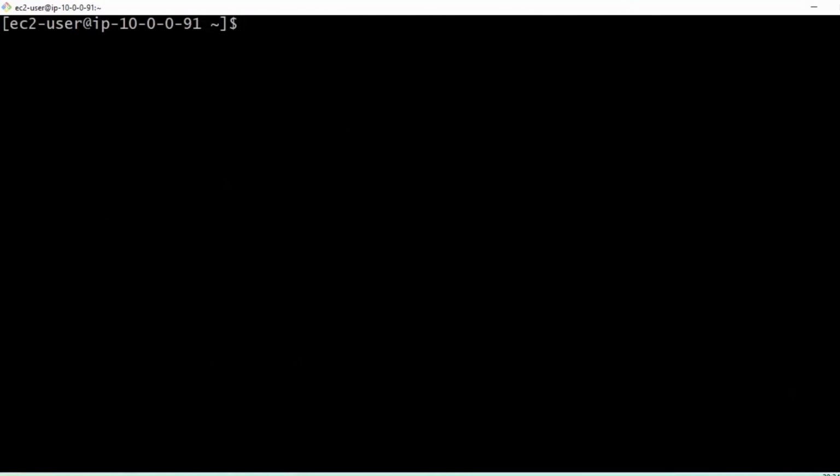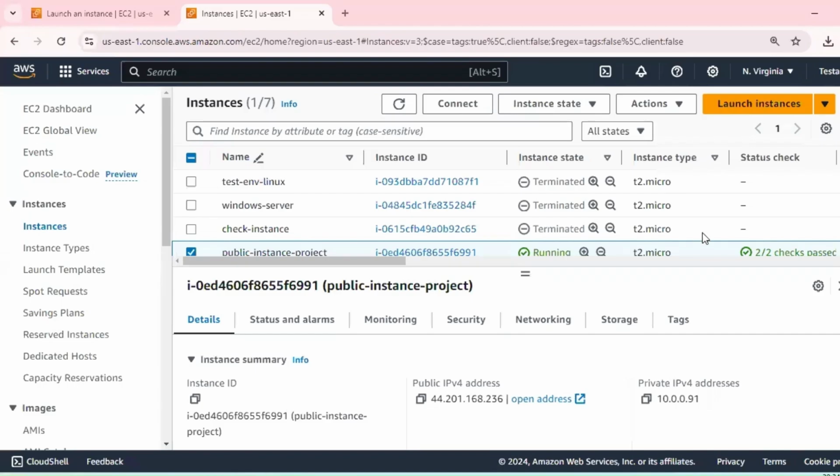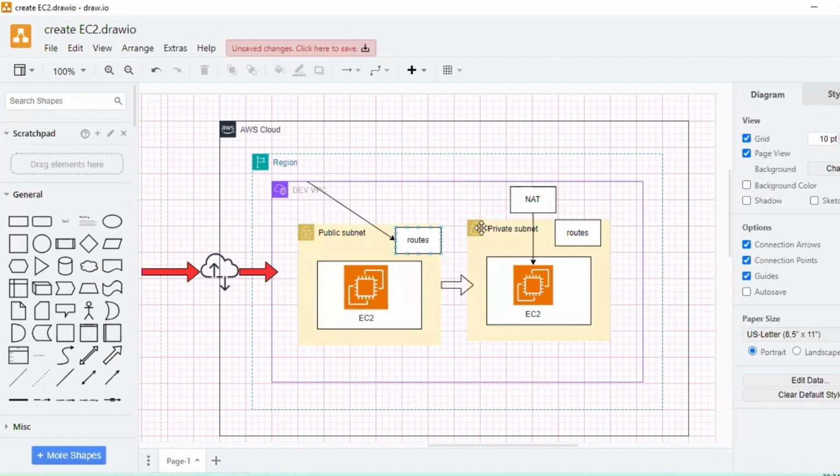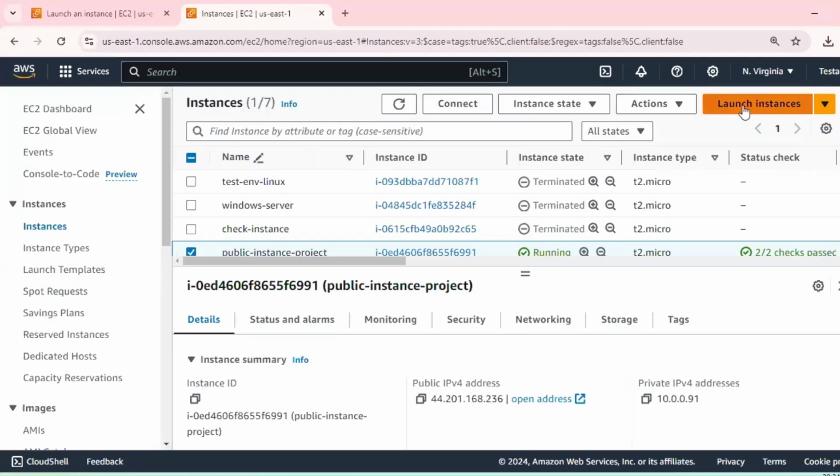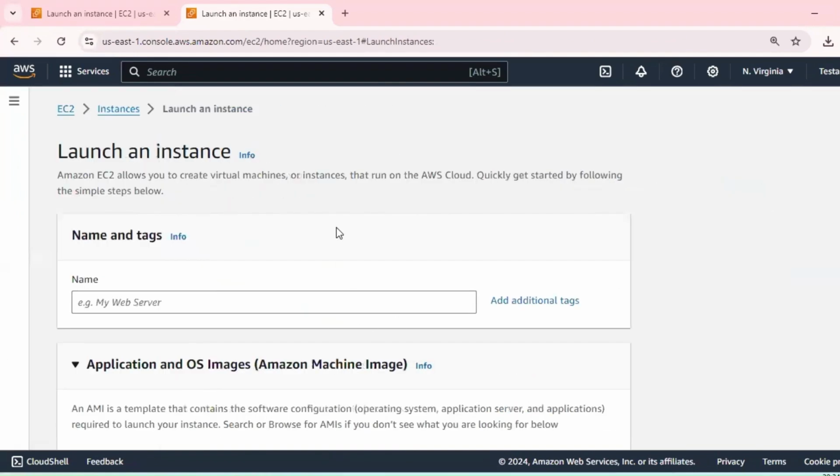So till here one server is completed, my task one is completed. Okay, for task one this is completed. Now I have to connect to the private subnet by creating an instance. So how are we going to establish that one? Click on launch instance,